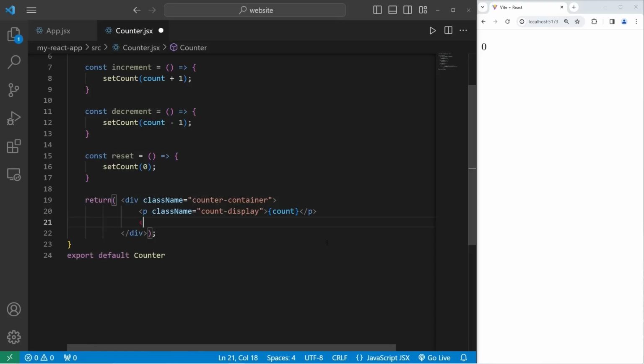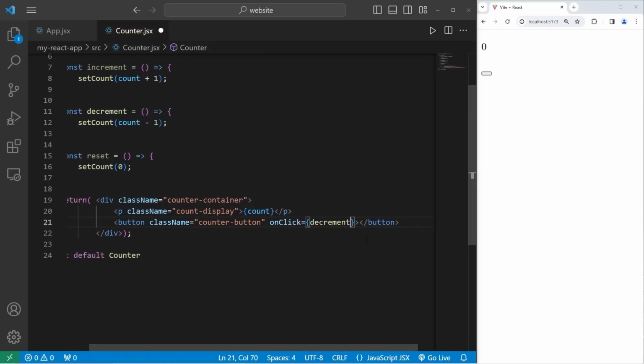We'll create 3 buttons. For the first, we'll create a button element. This button will have a class name of counter-button. The onClick attribute will be set equal to a JavaScript function. This first button will be the decrement button. For the onClick attribute, we will set this equal to the decrement function. For the text on the button, we'll say decrement. And there's our